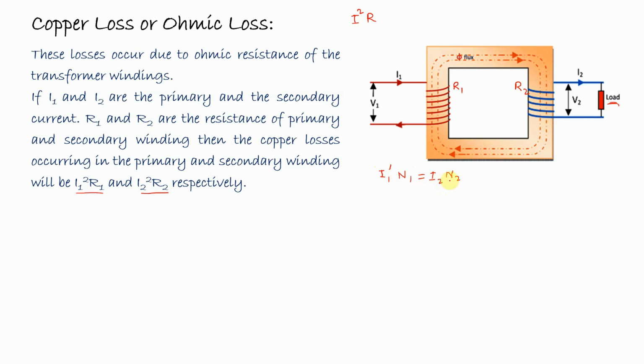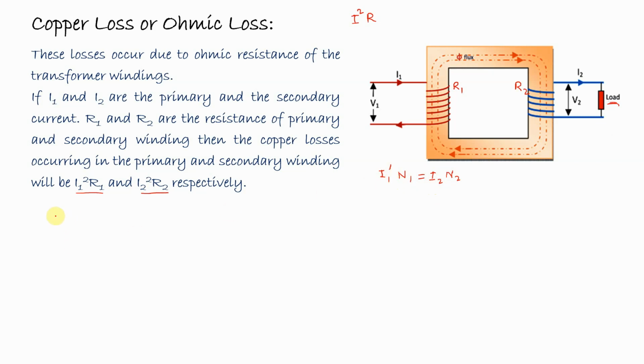So this is the magnetomotive force produced in the secondary side, and to compensate this magnetomotive force, another force is developed in the primary side, and for that an extra current will start to flow in the primary side. So if the load is increased, then I2 will be increased, and as I2 is increased, then the corresponding I1 dash will also be increased.